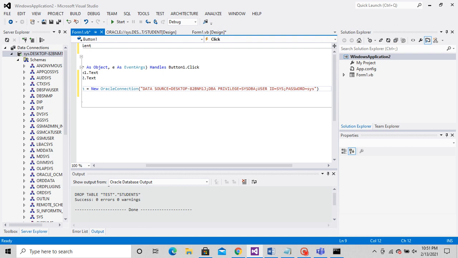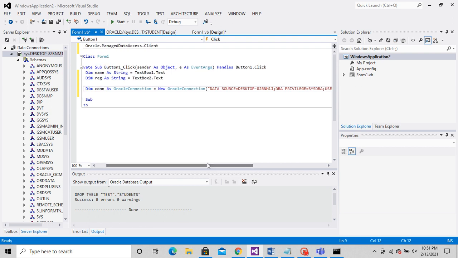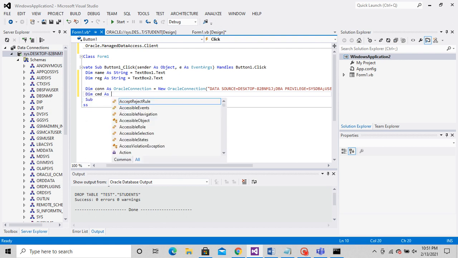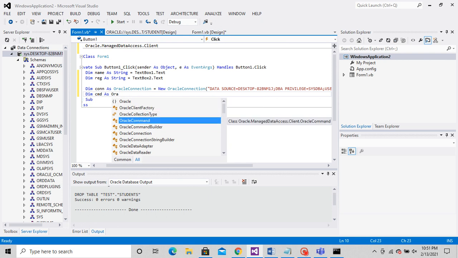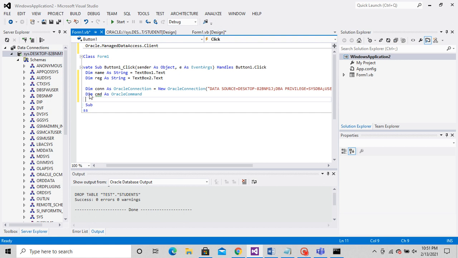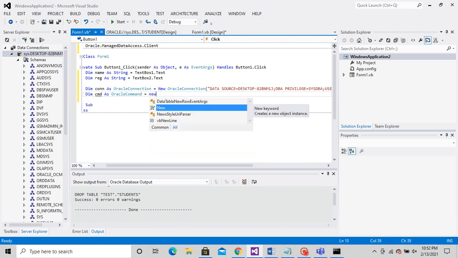Now dim cmd as OracleCommand equal to new OracleCommand.